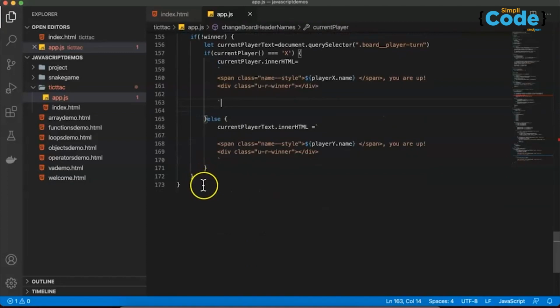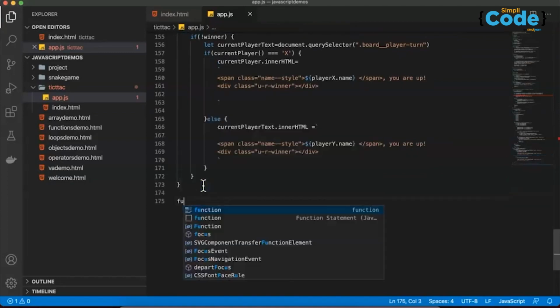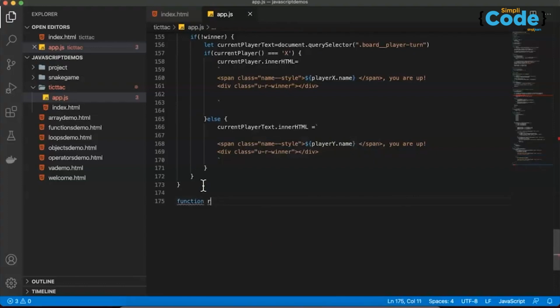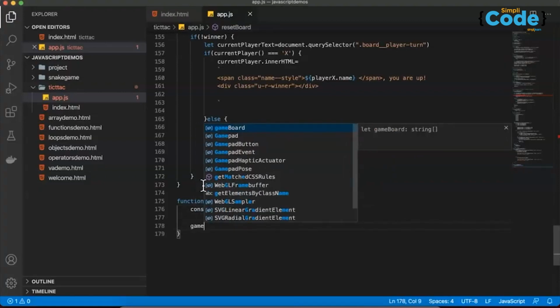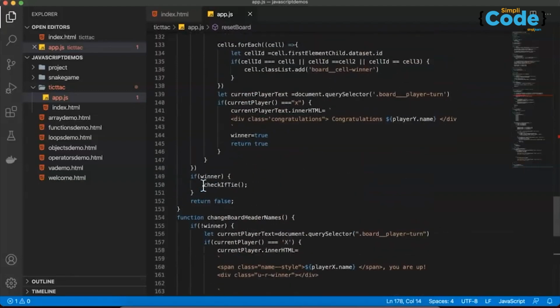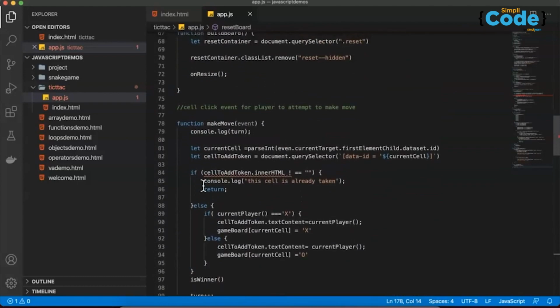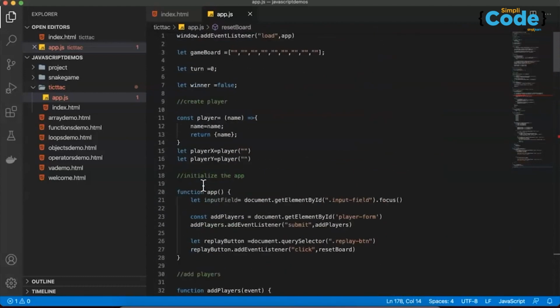Well, after this what we have to do is create another function called reset board. Function resetBoard. Now in this function resetBoard we just say console.log a small message, resetting is added. Now afterwards we will be using the game board, the same game board we have used earlier, on the top, if you remember. That was the game board for me, so I'll be using the same game board. We copy this,